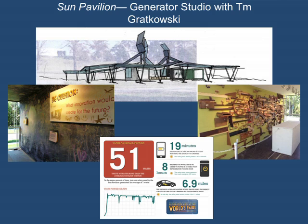When we think back to World's Fairs, a World's Fair has to have a pavilion, and that was something that Catherine really believed in, and even though we couldn't get the Ferris wheel, we thought, well, what could we do to get a pavilion on the lawn? And we invited architects and designers to submit designs, and we accepted a proposal from Generator Studio and artist Tim Gurkowski for the Sun Pavilion, which is now on our lawn. And the centerpiece of this pavilion,